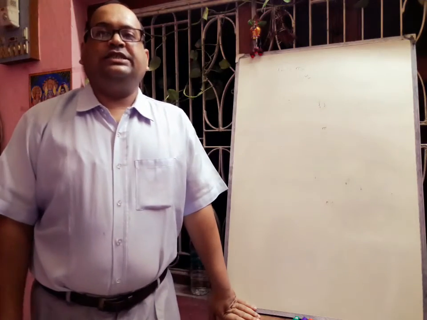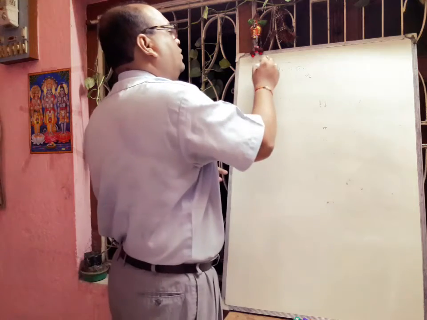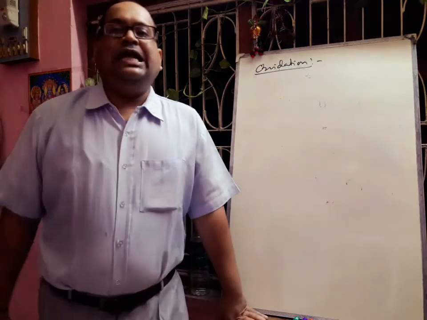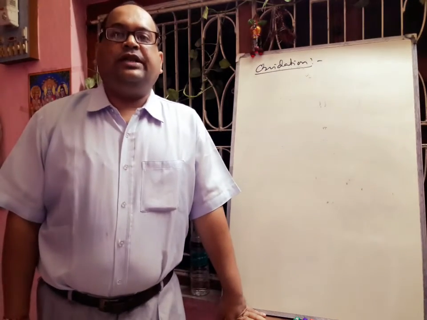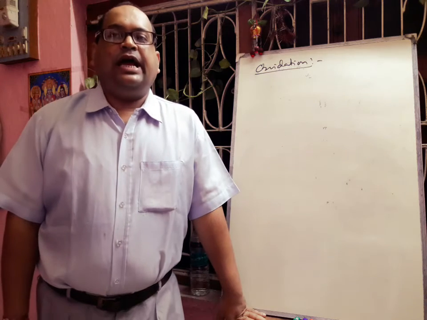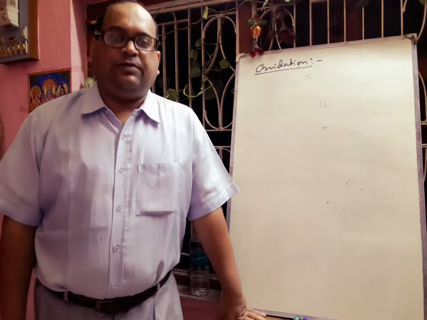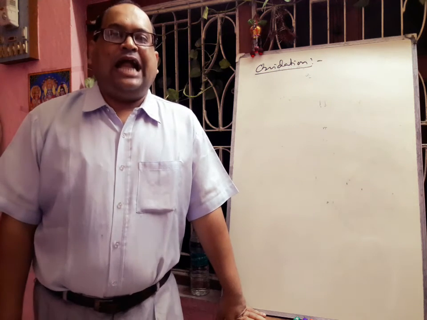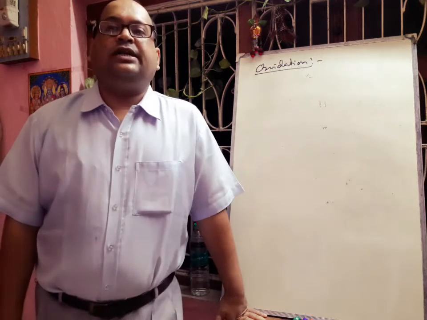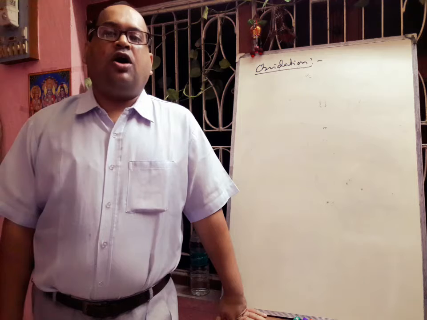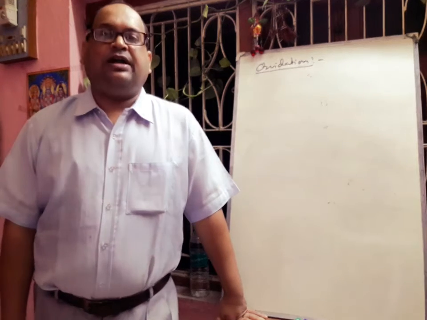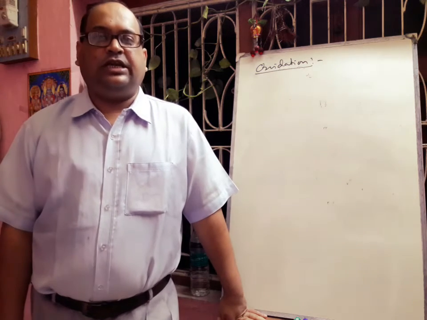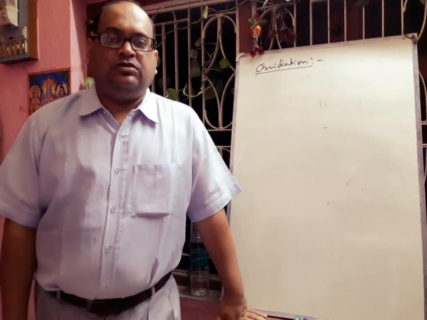Next we will discuss oxidation of aldehydes and ketones. Oxidation reaction. Aldehydes undergo oxidation with common oxidants like KMnO4 and potassium dichromate to give the corresponding carboxylic acid. If we take acetaldehyde, in presence of KMnO4 it will give acetic acid. Aldehydes are easily oxidized, but ketones undergo oxidation with difficulty. For ketones, strong oxidizing agents are required, like KMnO4 with sulfuric acid, potassium dichromate with sulfuric acid, sometimes concentrated nitric acid is also required.